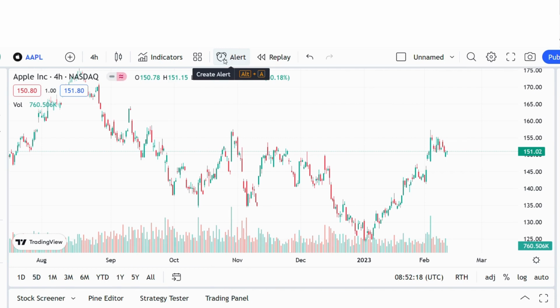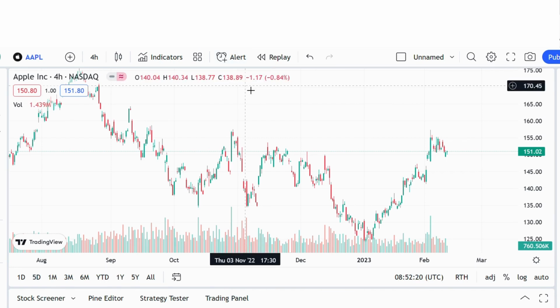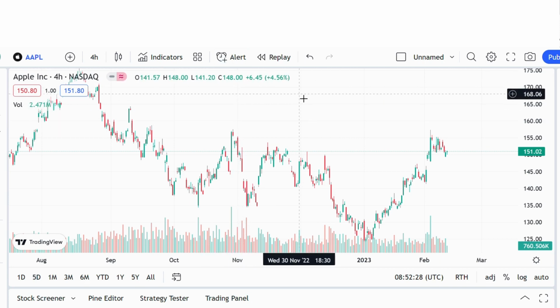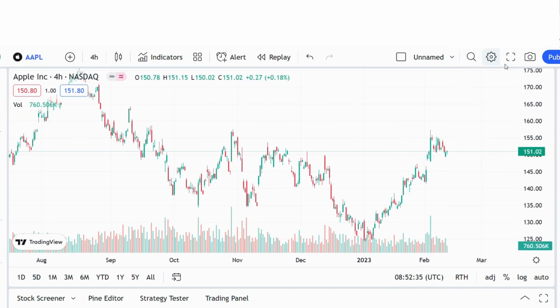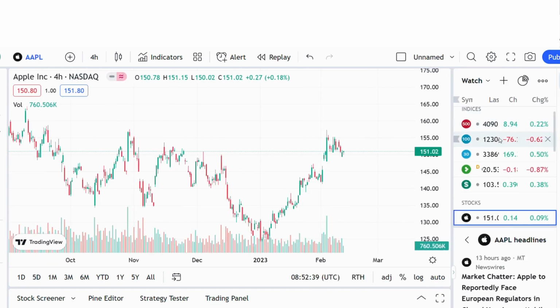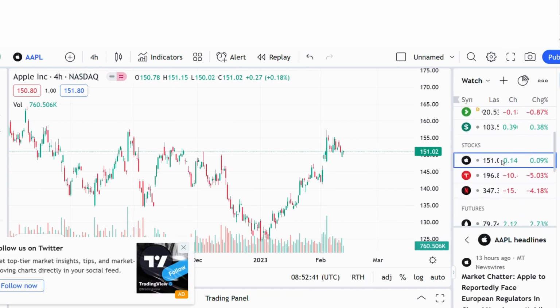That's something for the future, but this will just assist so that you don't have to constantly sit in front of your computer and monitor the markets. If there's any important moves, you can set it up and it sends you alerts. This feature allows you to save certain functions. That's some settings, and here that's pretty much the list of different stocks.